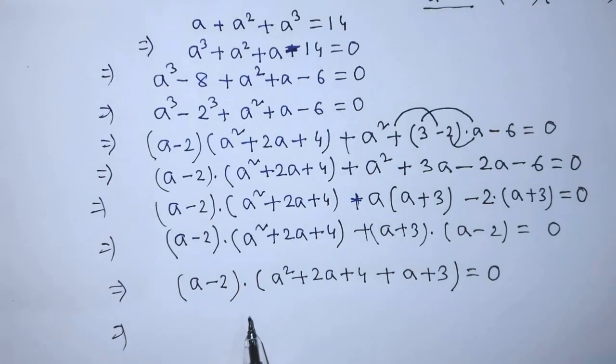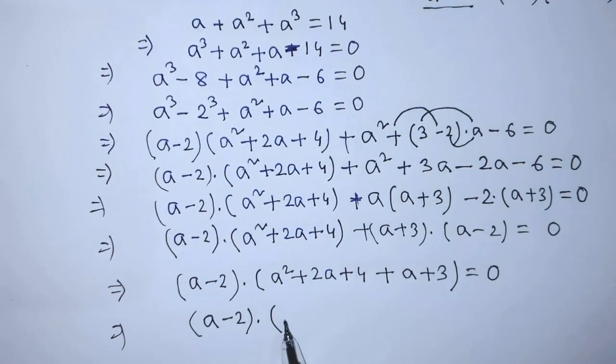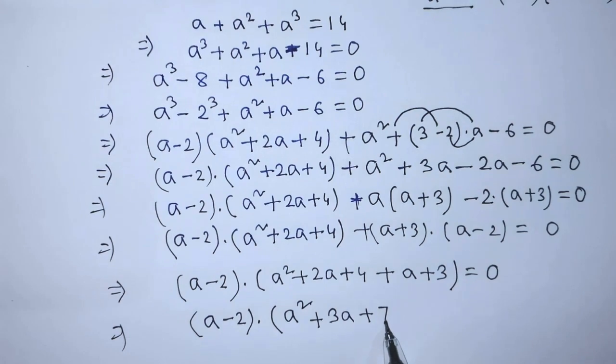Now we can write from the left hand side of this equation a minus 2 times, so student, after calculation we can write from this algebraic expression a square plus 3 times a plus 7